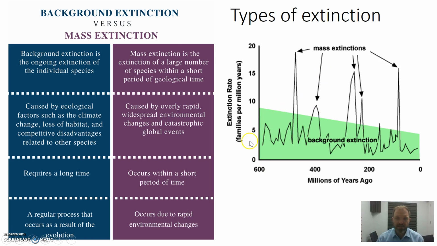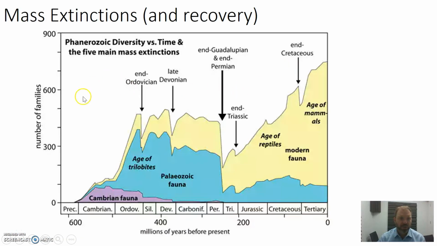So here on this axis we see the extinctions, so peaks showing when there's lots of extinctions. On this next graph we're actually looking at the number of different families in terms of kingdom, phylum, order. King Philip cried out for good soup. So kingdom, phylum, order, family, genus, and species. And so the families here are going down after each of these events, and this is where we have these mass extinctions. So basically we have 1, 2, 3, 4, 5 mass extinctions recognized in our geological history.